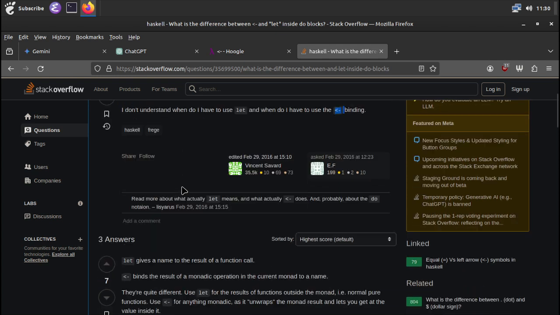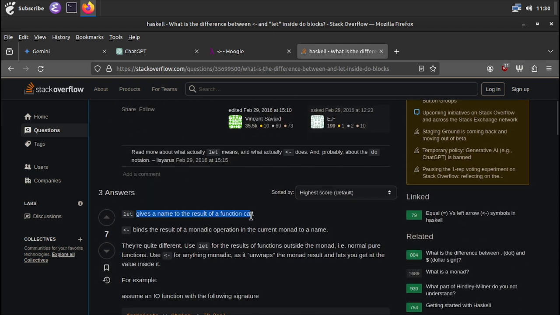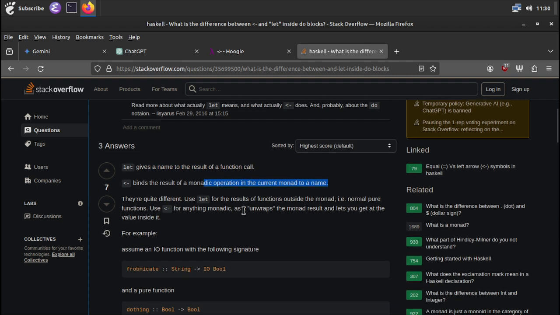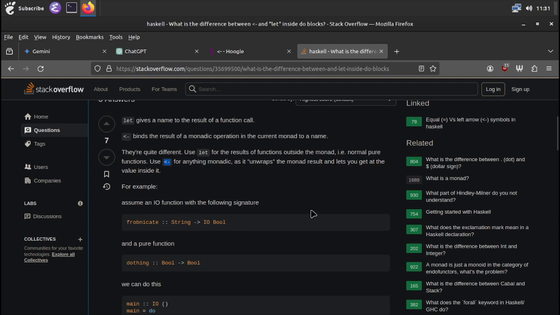Okay. So let gives a name to the result of a function call, and left arrow binds the result of a monadic operation in the current monad to a name. They're quite different. Use let for the results of functions outside the monad, i.e. normal pure functions. And use left arrow for anything monadic, as it unwraps the monad result and lets you get the value inside of it. For example, if you have